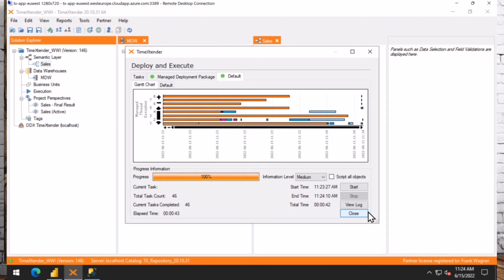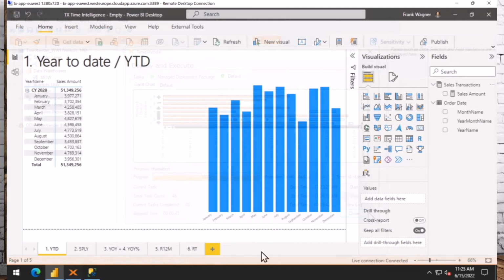So now it's time to jump over to Power BI. And here in Power BI, we have already some dashboards that include our base measure, but do not yet include our time intelligence. And we will now include that into the report. On the right hand side, under the fields pane, you can see we have our date dimension, order date, and just with the 3 attributes that we have selected to not be hidden. And for the fact table, for the sales transactions table, you can see there are no columns, but only our